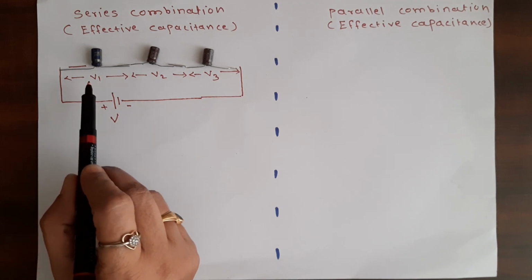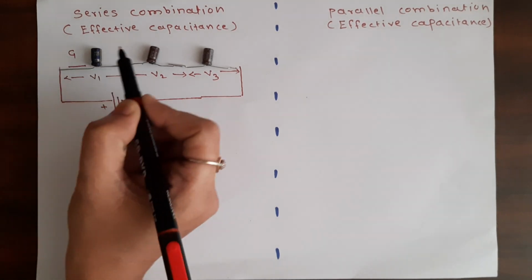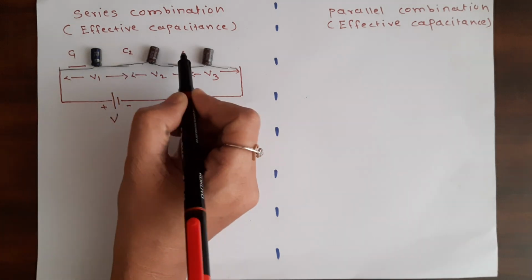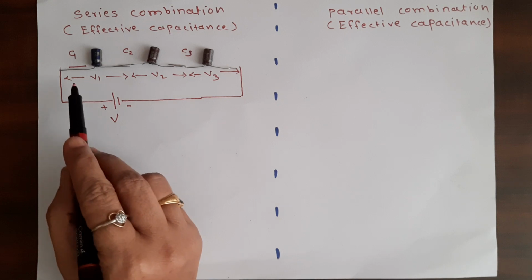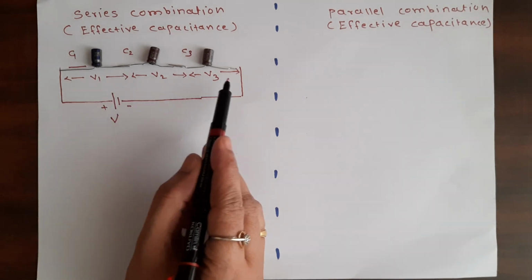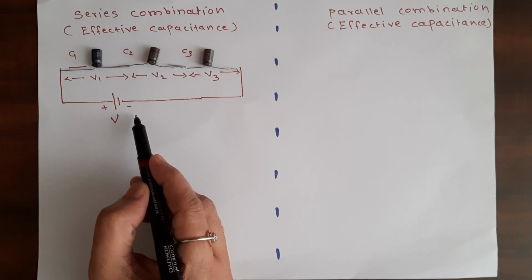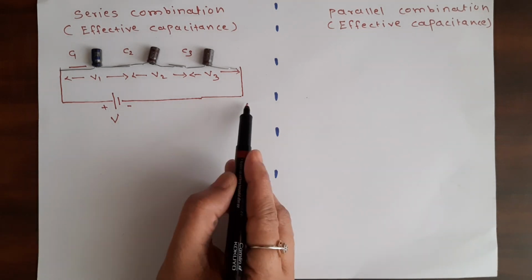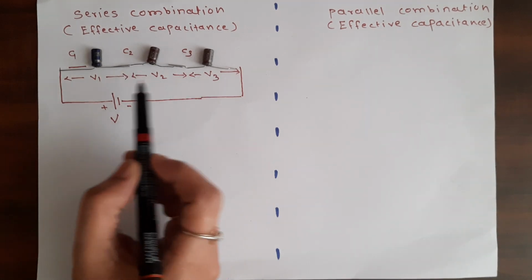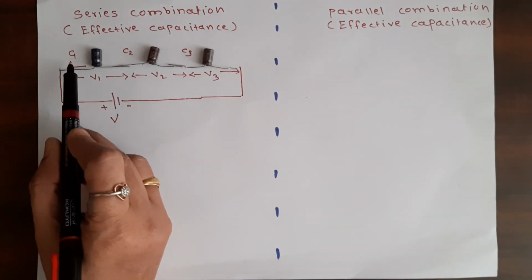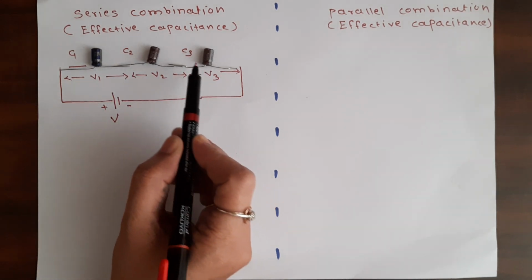See the circuit with the real capacitors. We say these as C1, C2 and C3. These three capacitors are arranged in a series form and connected to the external source. Now the total potential is divided across these three capacitors as V1 across C1, V2 across C2 and V3 across